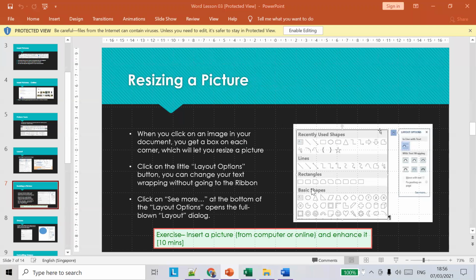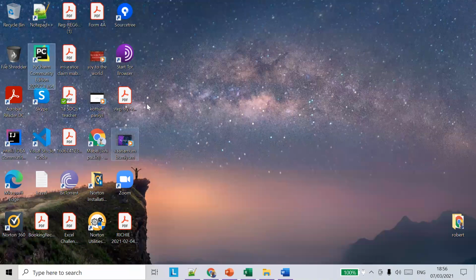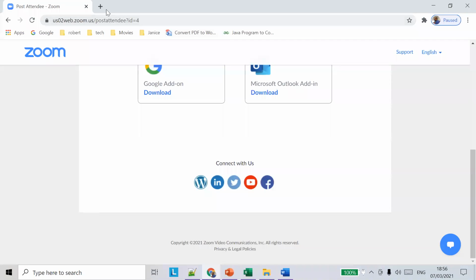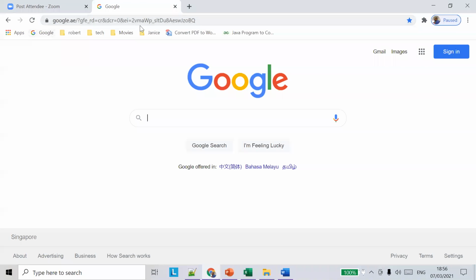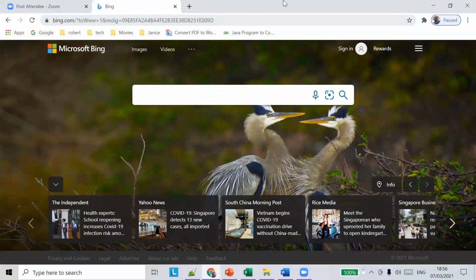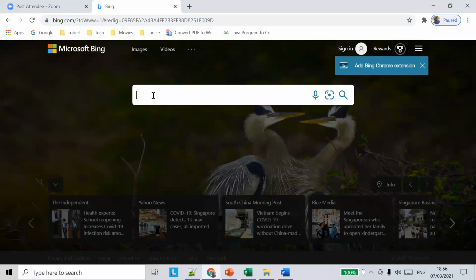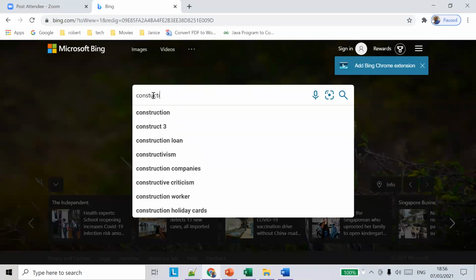So next we'll see how to add a picture from our own computer. Okay, so first I'll download some picture from online. So we saw search just now, we search for something, right? So go to bing.com. Okay, so this is also a search engine which is being used in the images. Okay, so go to images, and if you do construction safety, right?